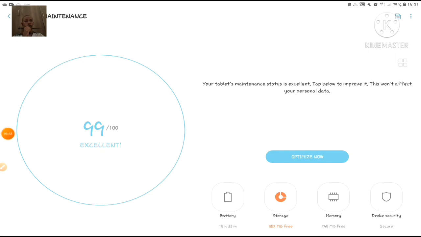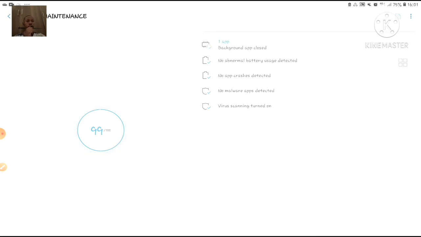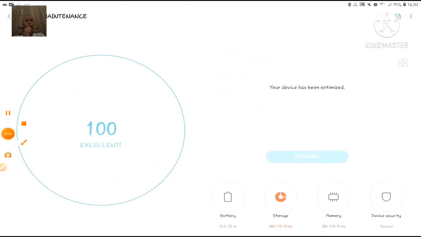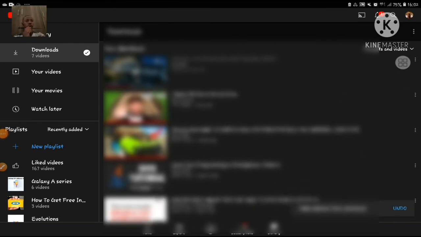Another thing that helps is optimizing your device. So yeah, just optimize it, yeah, and to clear out some space. So yeah, we're done. So yeah, another thing that will help you out is deleting the YouTube videos that you